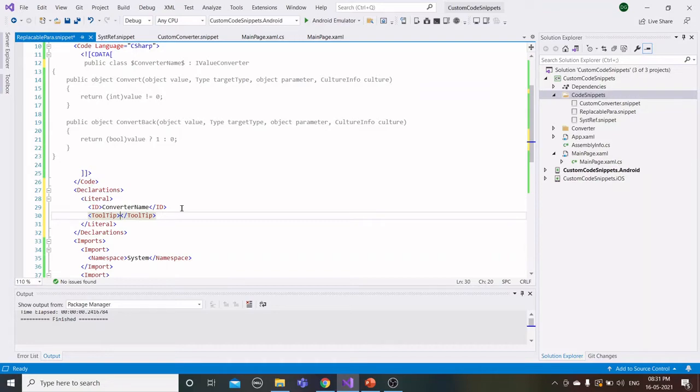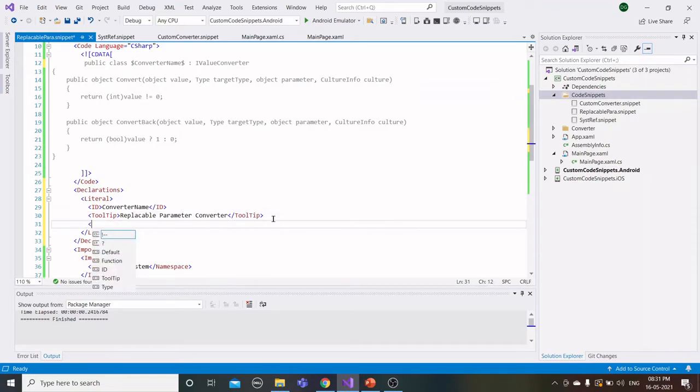Inside the ToolTip tag, we need to give our replaceable parameter details, meaning the title of the replaceable parameter. And the third one is we need to give some default name for our replaceable parameter.